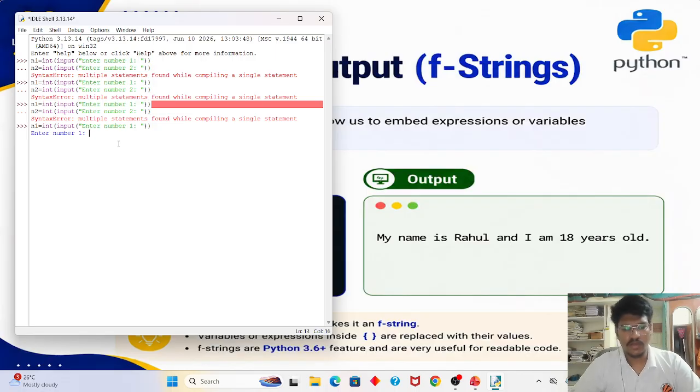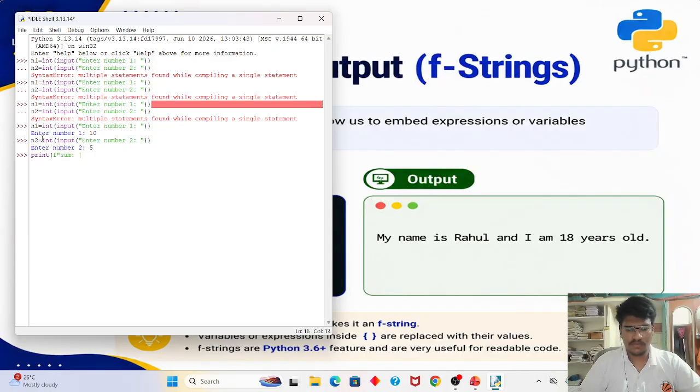For this, we are entering number one as 10. Then we are typing this. Okay, so enter number two, which is our 5. Then we are writing printf